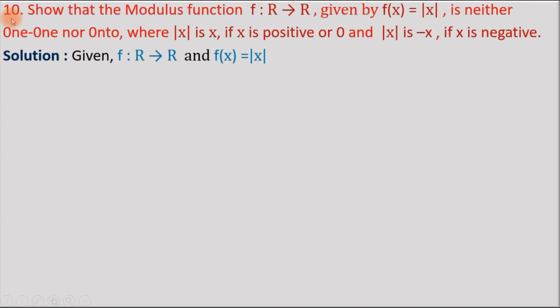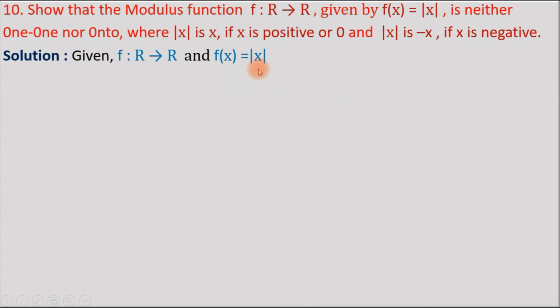Next, problem number 10. Show that the modulus function f from R to R given by f of x equals modulus of x is neither one-one nor onto, where modulus of x is x if x is positive or 0, and modulus of x is minus x if x is negative. Given f from real numbers to real numbers and f of x equals modulus of x,